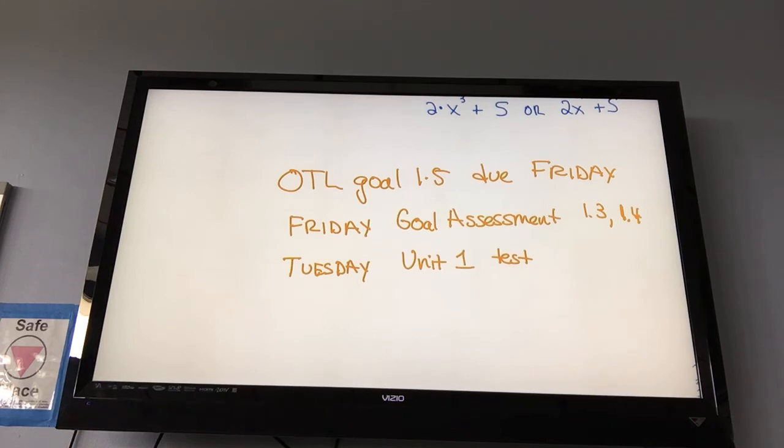Okay? And then a reminder that reassessments for 1.1 and 1.2 are due August 31st. So if you want to write that at the top of that assessment, if you do your 1.5 OTL and you finish that up and you want to reassess either one of those other things, you can work on those corrections today too, okay? So you guys are a little bit ahead of where I was this morning. I don't know why, but you are. So yeah. So you can go ahead and get going on